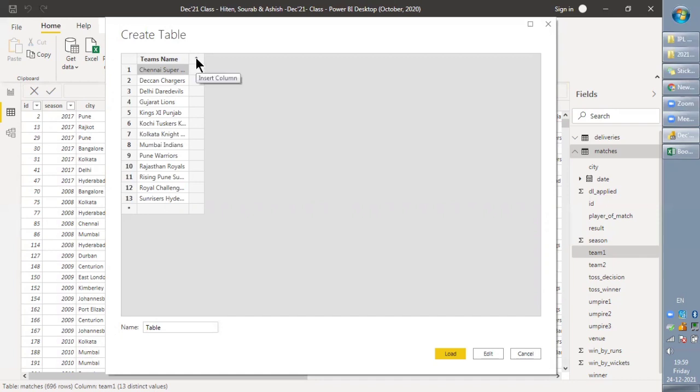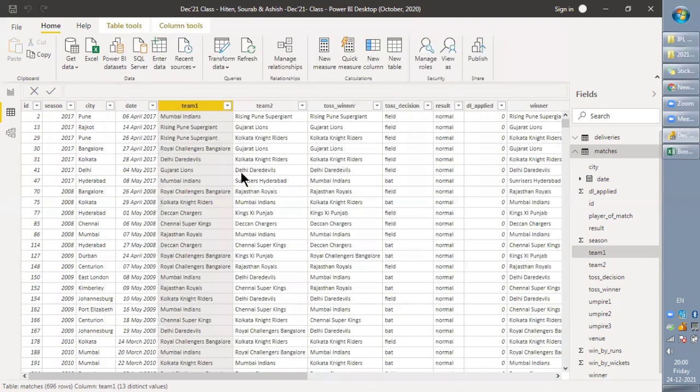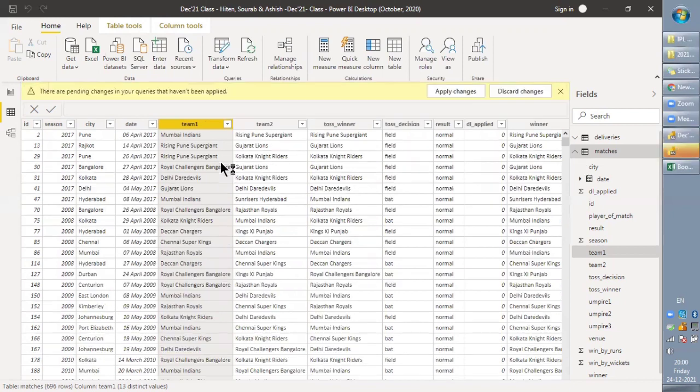Star means if you click on this, an additional column will be inserted on the right hand side. Same goes here as well. In the bottom, if you click on this star, an additional row will be added. Even if you want, you can hit enter and a row will be added. So this is all. Now here we can just name the table. It's teams. And let's load it. If you want to edit, we are already in the edit mode, then you can do other functionalities. It's loading. Give some time to it.